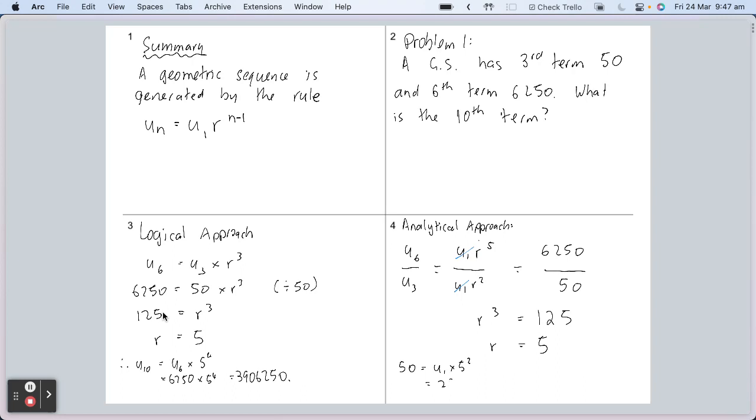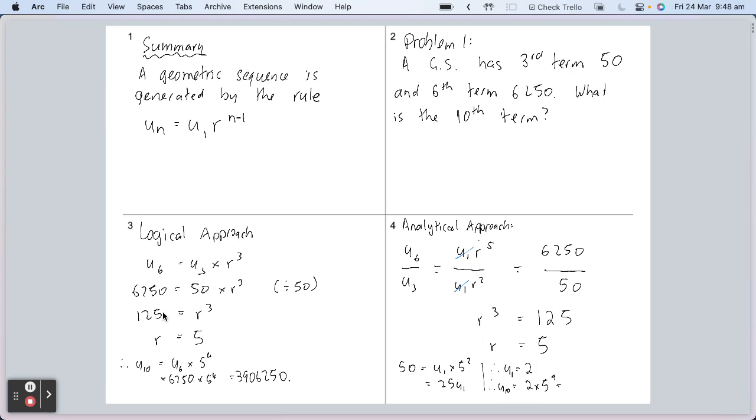That's equal to 25 U sub 1. Therefore, U sub 1 is equal to 2. Therefore, U sub 10 is equal to 2 multiplied by 5 to the power of 9, which equals, fingers crossed,